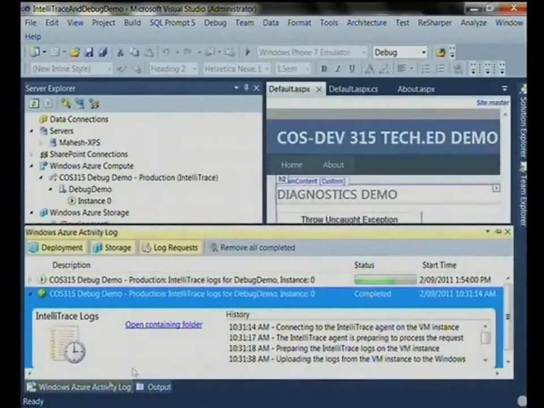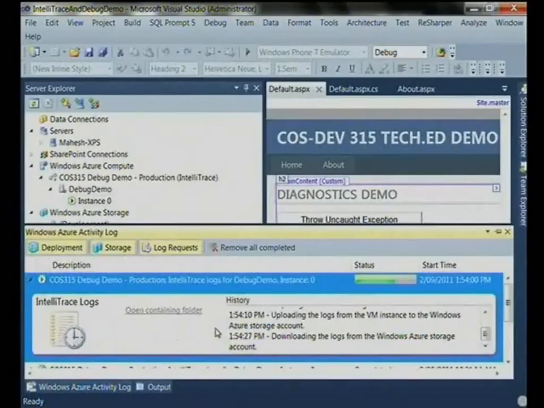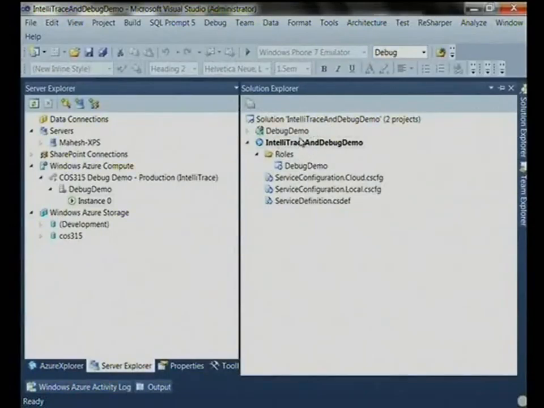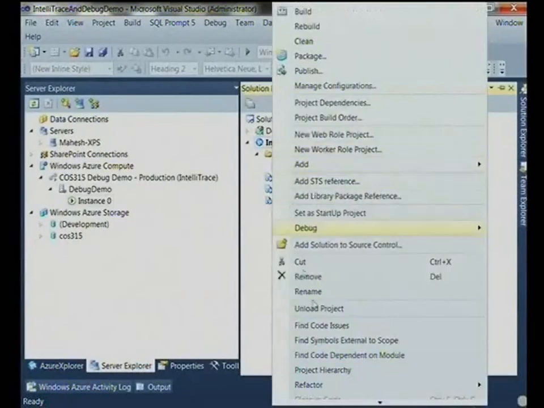Now I'm going to wait for this to actually download. This is going to take, I don't know, a couple of minutes to download. So while it's actually downloading, what I want to also show you is another feature that's available for you, which is,